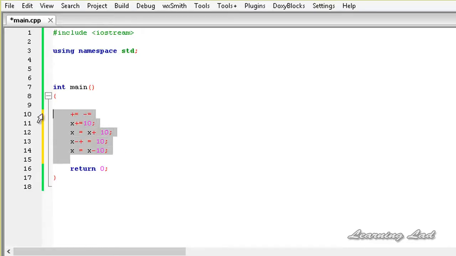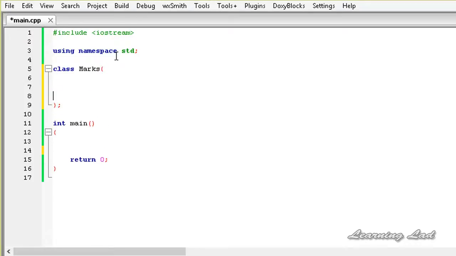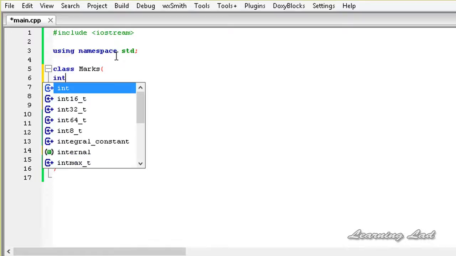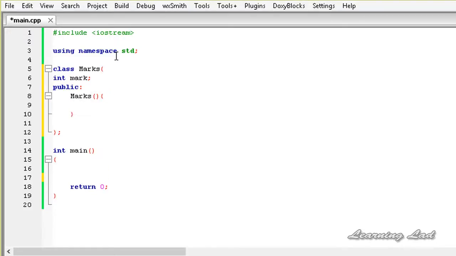Alright, let's get started. So the first thing that we're gonna do is, for demonstration purposes, we're gonna create a class called marks. So it's gonna be class marks, and as a private member let's have int mark, and then let's define the public access specifier, and let's have a constructor, the same name as the class name, so it's going to be marks. And here it's not going to take any parameters, and it's going to initialize this mark to a value of